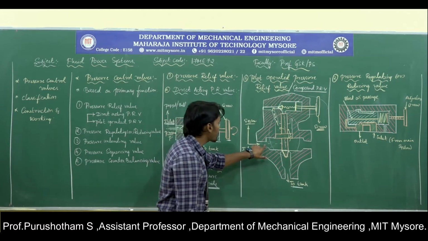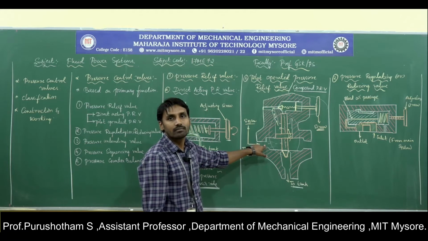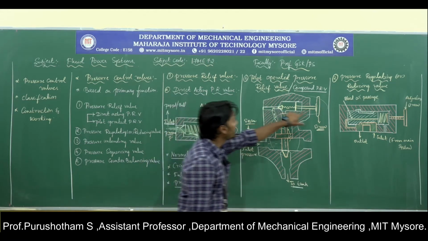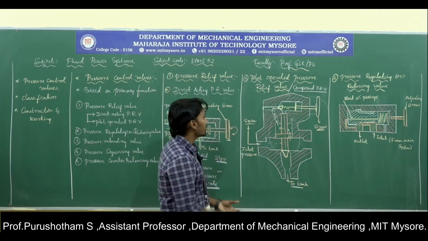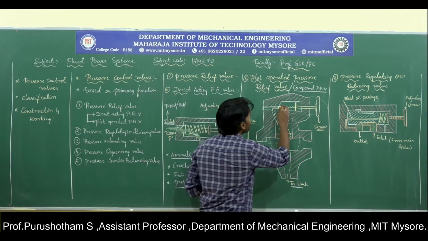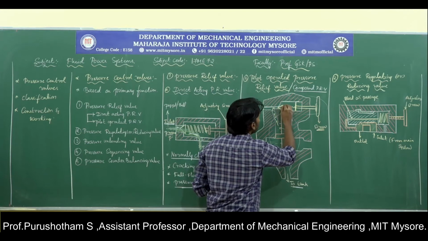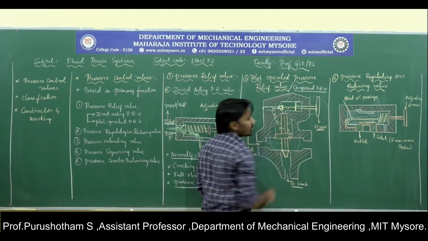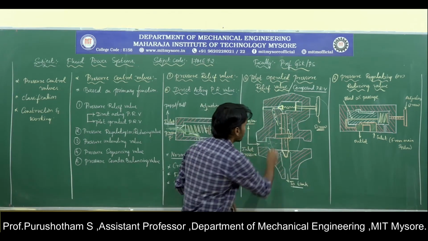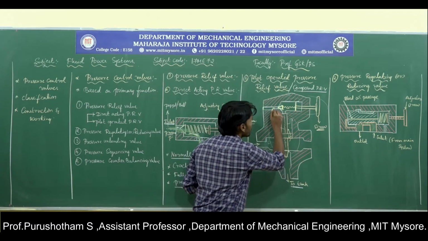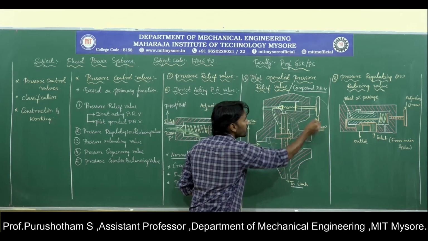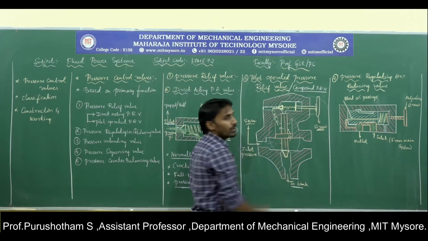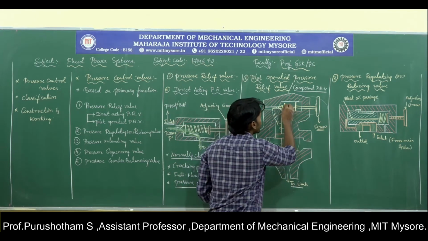When the system pressure exceeds the prescribed pressure, what will happen? This poppet will open, so the fluid comes through the orifice and enters here. When the system pressure is more than the prescribed pressure, this poppet opens and the fluid enters this valve,